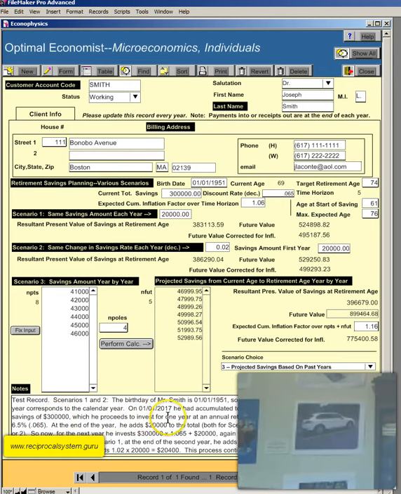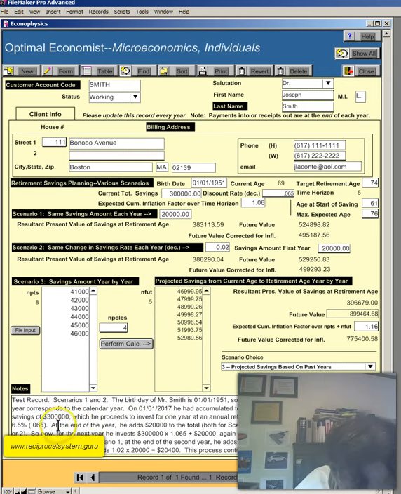On 01/01/2017, he had accumulated total savings of $300,000, which he proceeds to invest for 1 year at an annual return of 6.5%. It's 0.065. At the end of the year, he adds $20,000 to the total, both for scenarios 1 or 2.